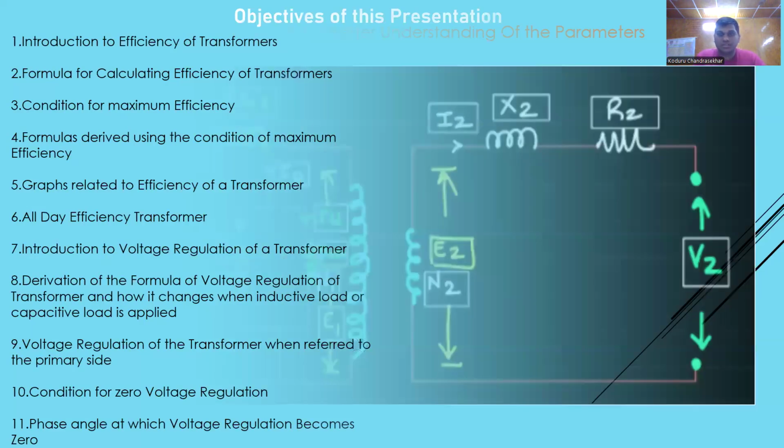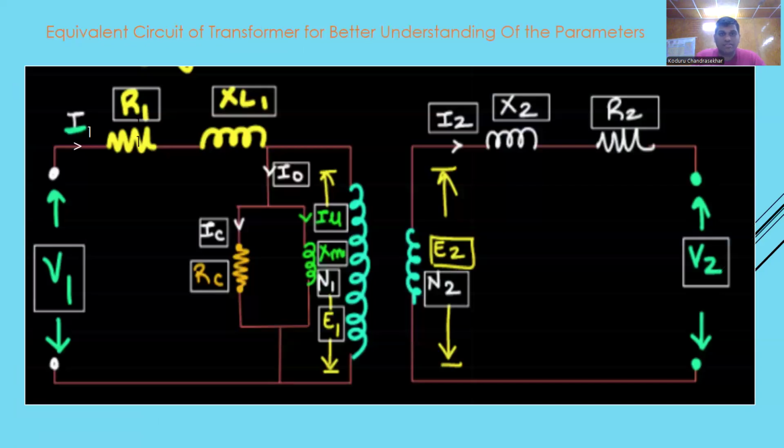Coming to the equivalent circuit of the transformer, we have I1 and I2 which are the primary and secondary currents, R1 and R2 which are the primary and secondary resistances, X1 and X2 which are the primary and secondary leakage reactances, V1 and V2 which are the primary and secondary terminal voltages, and E1 and E2 which are the primary